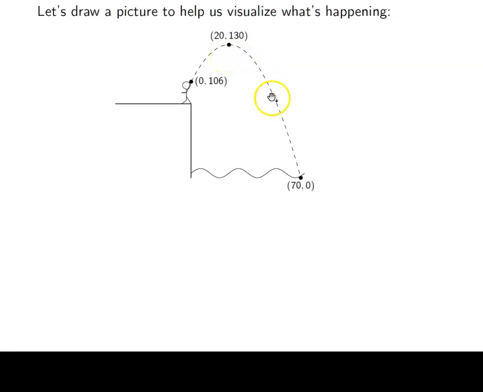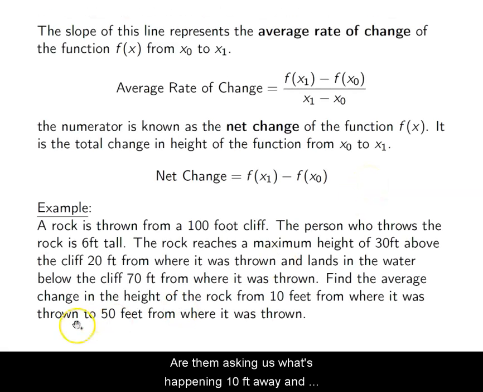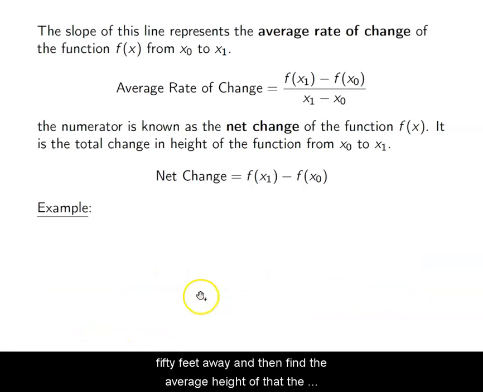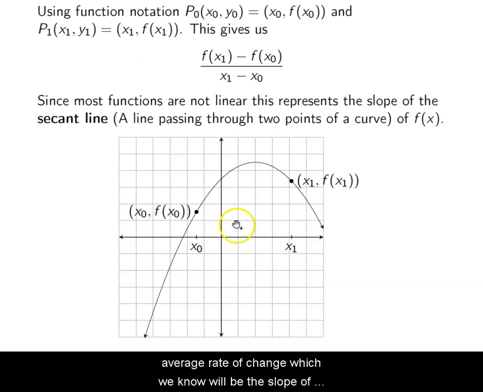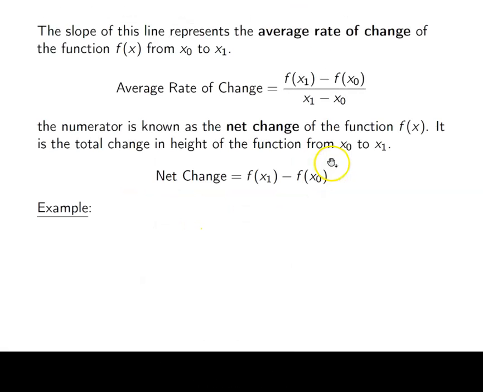Okay, 20, 130. The two last pieces of information that we have are them asking us what's happening 10 feet away and 50 feet away, and then finding the average height of that, or the average rate of change, which we know will be the slope of the secant line that connects those 2 points. So very, very similar to what we just did here. Okay, so